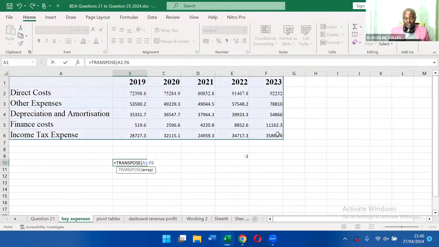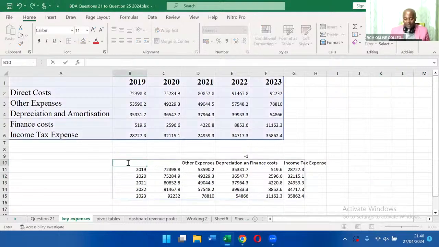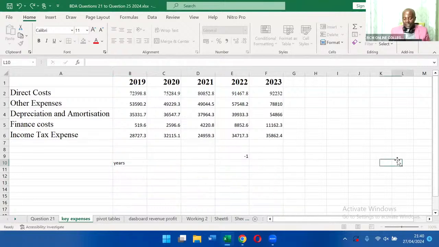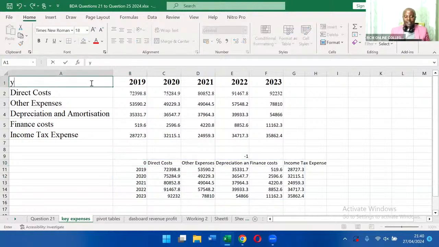All right. Enter. You don't even have to close. So when you are seeing a 0 there, please put years, because there must be something. Put years there, because there are many. All right. So enter, and then you highlight everything. What happened? So it means you must put the years here before you start transposing. Yes. And then, of course, because you use the formula,